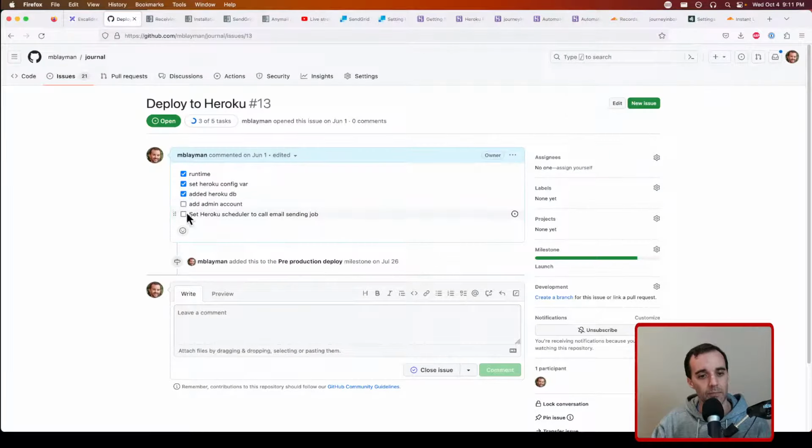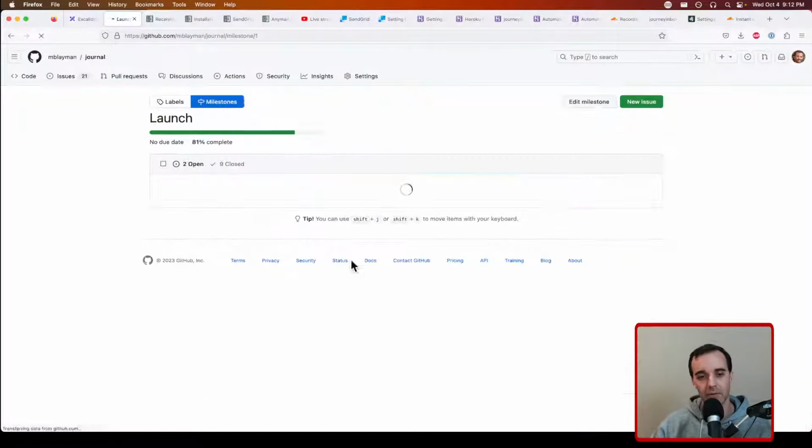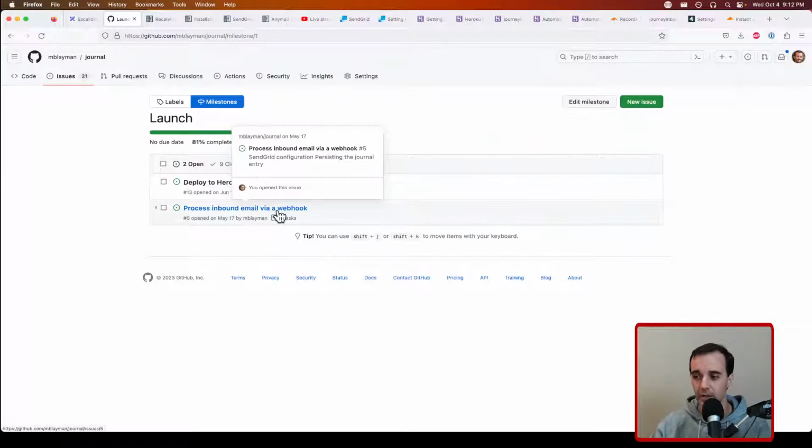Let's go review them. We've got an admin account. I think I said that I would do that offline, and we set the Heroku scheduler, which is another thing that I can do later, because there are things about this that I don't want to commit to yet. I wasn't ready for it to be sending real emails yet. So the goal that I have for this evening, I guess, is to come back to this inbound email hook and actually send an email. We should be able to do that, send it to the right place, and if